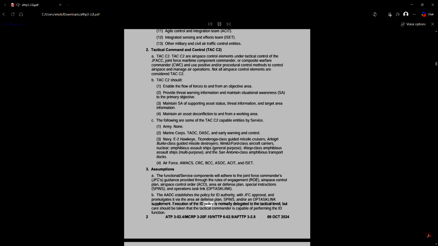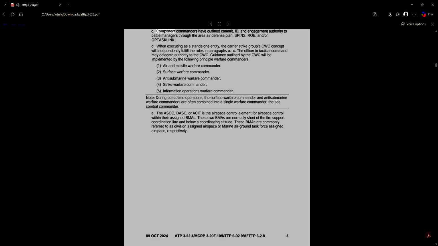Execution of the ID policy is normally delegated to the tactical level, but care should be taken that the tactical commander is capable of performing the ID function. C. Component commanders have outlined commit, ID, and engagement authority to battle managers through the Area Air Defense Plan, SPINs, ROE, and/or OpTask Link.